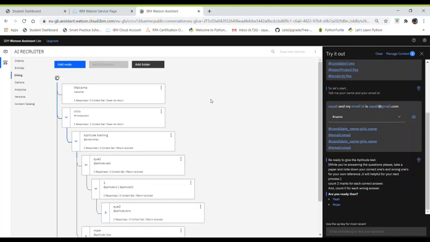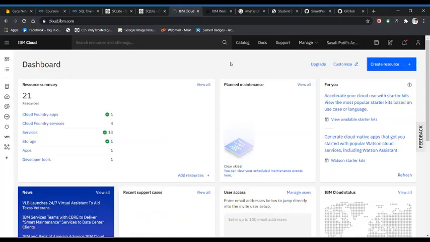Then I have used here Watson Discovery and Cloud Function. For the understanding purpose, Shivam and Oshin will explain the Watson Discovery and Cloud Function. Thank you.